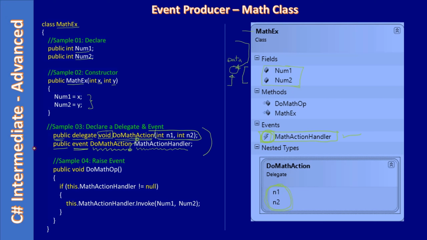So that's all. Here we defined our event, and here we have a function. The constructor we already talked about. Here we have a public method, DoMath, where we are checking that MathActionHandler is not equal to empty. It means that when the consumer accesses this public MathActionHandler, and ties it to an event routine